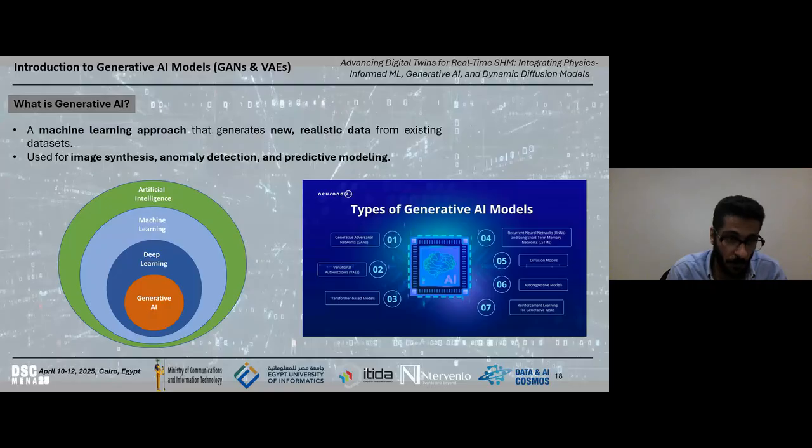As all of you know, generative AI is a generative model, a sub-branch of machine learning, more complicated, with a lot of types, as you can see in the figure on the right.